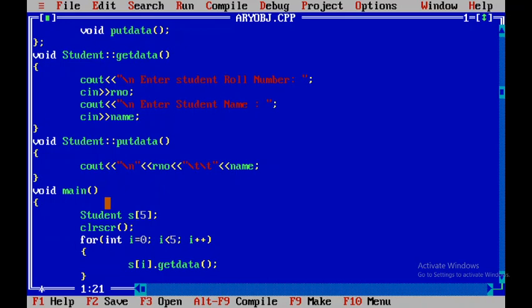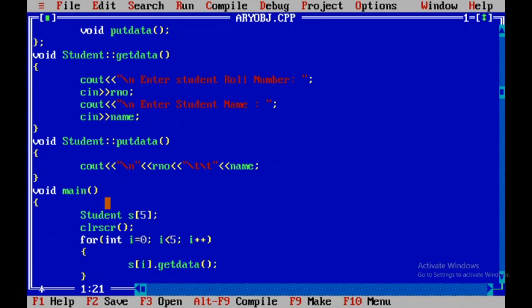Up to 10, it is still okay, but let us consider you want to store information of 1000 students or suppose 100 students. It is not easy to maintain the record or keep track of 100 different objects of the student class.